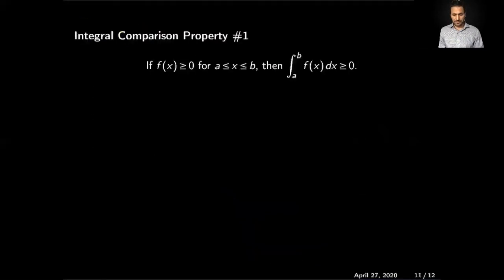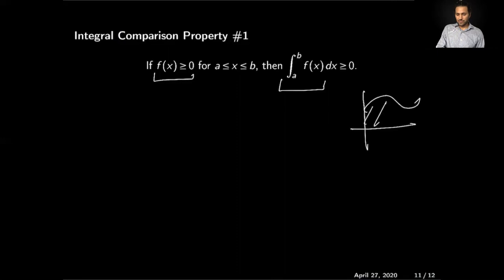I have some more properties of the definite integral. These properties are sometimes known as the integral comparison property or integral comparison test. The first says that if a function is positive, meaning it is above the x-axis, the net change will be positive, because there is no portion of the function below the x-axis. That will be just the total area under the graph of the function, and area is a positive quantity, so it will be a positive